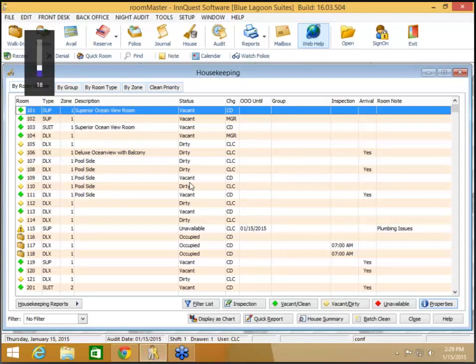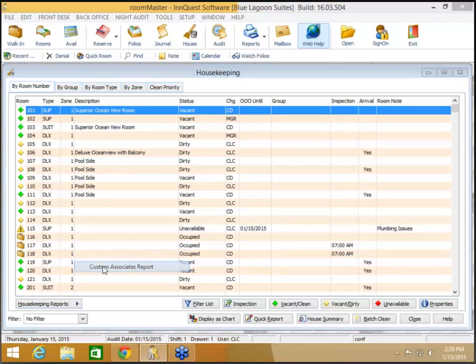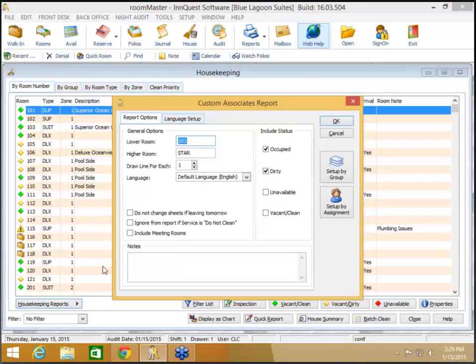Okay, so one of our main enhancements that we put into version 16, and I kind of broke apart, I didn't want to give you everything last week because I wanted everybody to come back, is the custom associates report and the setup by assignment. We have enhanced this completely. It's completely different now and makes it a lot quicker and easier for you to do your housekeeping assignments each